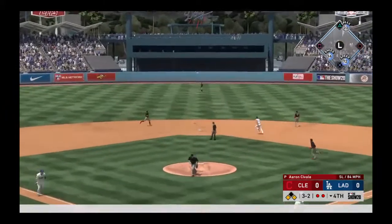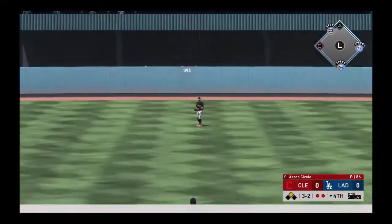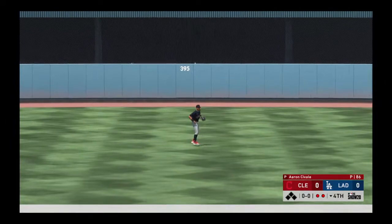High fly ball out to straightaway center. And he'll get there in plenty of time to put this one away, and that is...